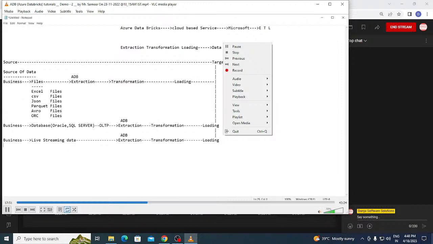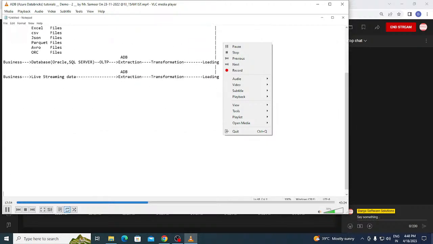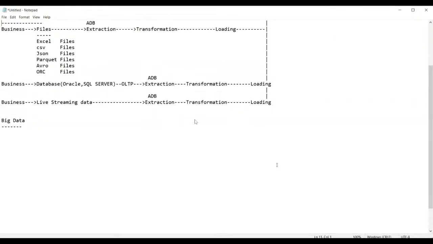Now, guys, next, let us see exactly what big data is. What is big data? Big data is nothing but whatever data you are getting from the business. Big data is not a very great concept where you need to get confused. Just split it, guys. Big means huge or massive. Data means information. So we can say huge information.